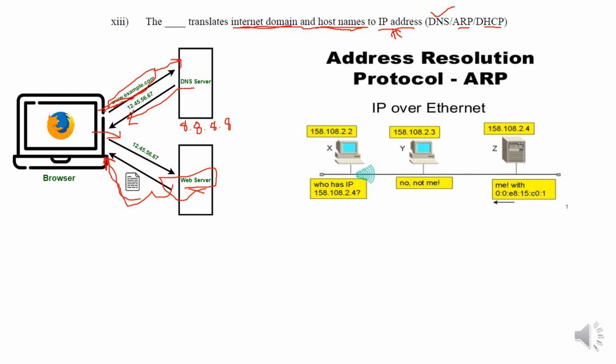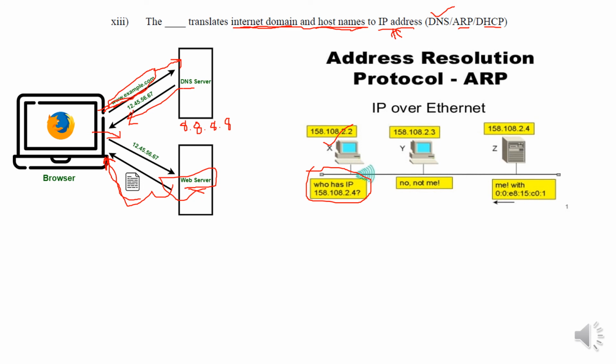Basically, ARP is a protocol used when some data has come that has to be forwarded to a particular IP address. This machine needs to communicate with this IP address, but it does not know which computer has it. To communicate in a local area network, it needs the MAC address, but it does not have the MAC address for this IP address. So what it does is send an ARP request, something like: who has this IP address?